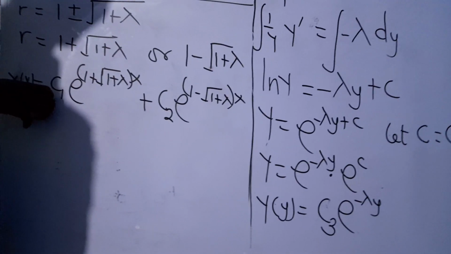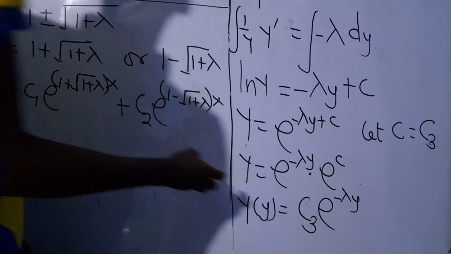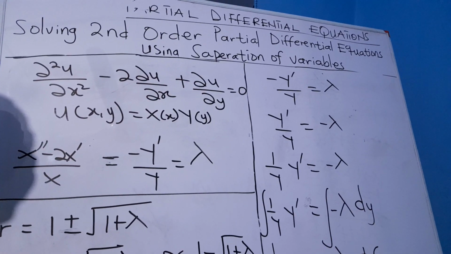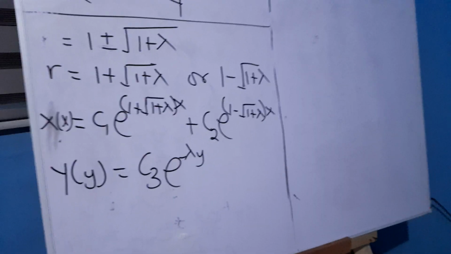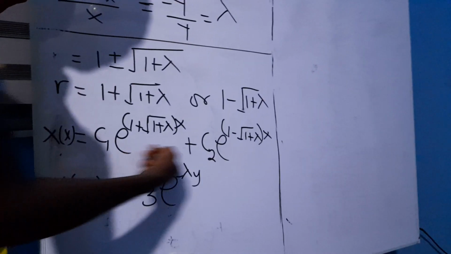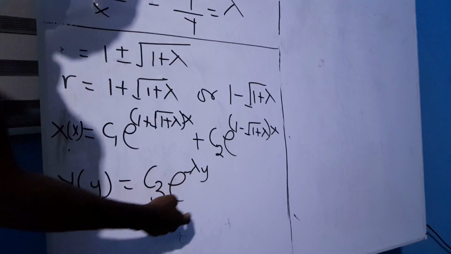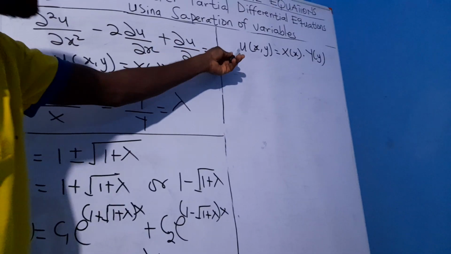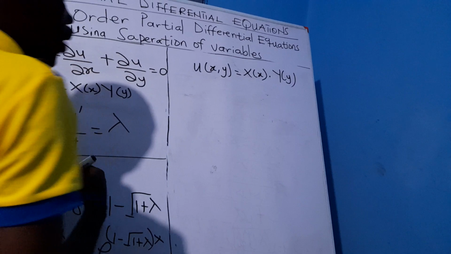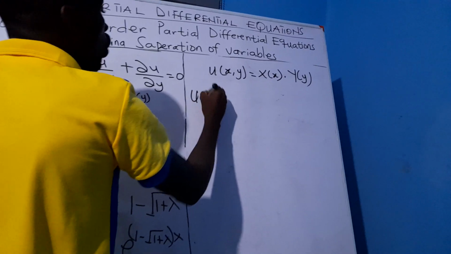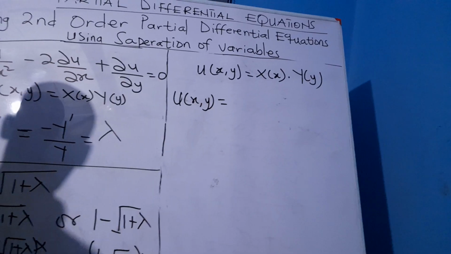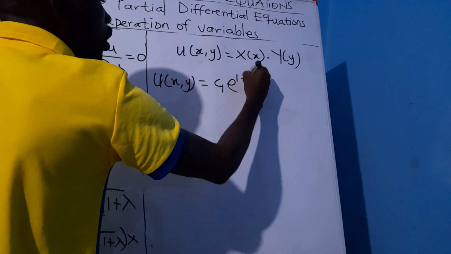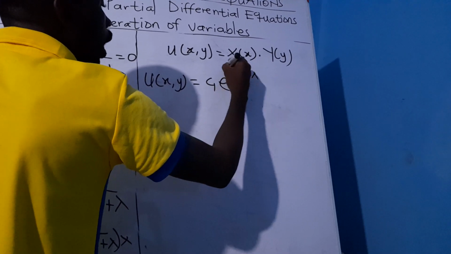Since we know our function of x and we know our function of y, we substitute into this to get the general solution to this second order partial differential equation. So we have the function of x to be this and the function of y to be that. So we just substitute that to get our general solution. Remember we said u is a function of x multiplying a function of y. So our general solution u of x will be equal to c1 e exponent 1 plus the square root of 1 plus lambda x